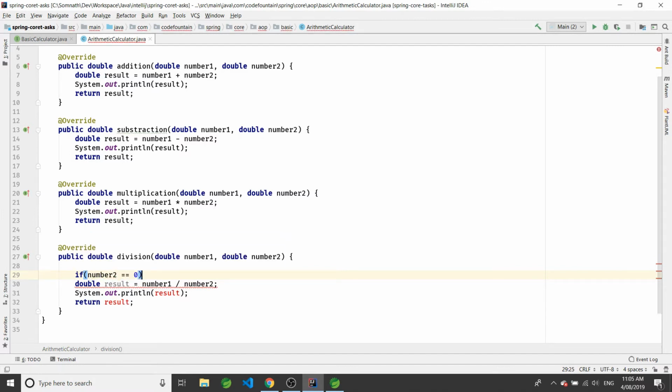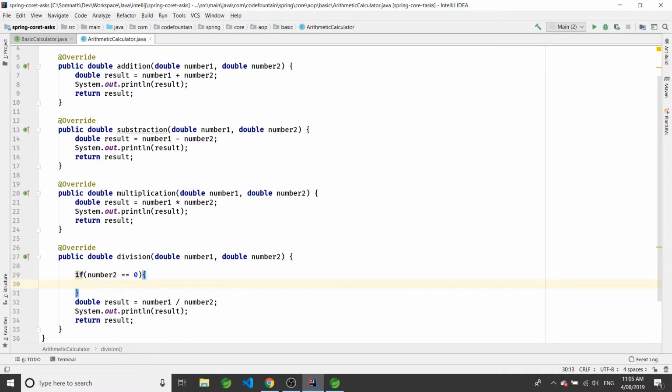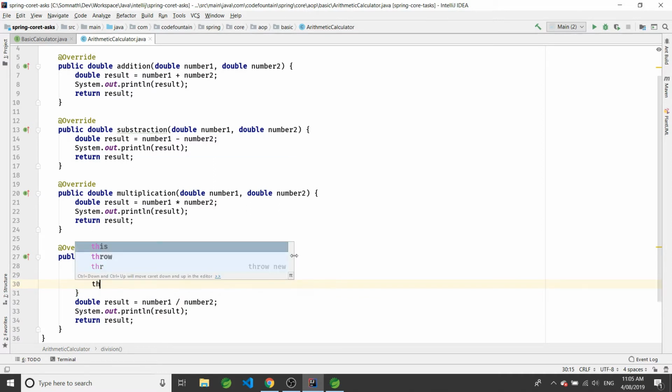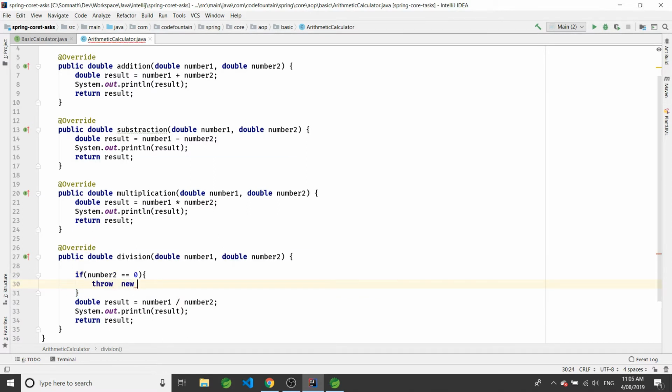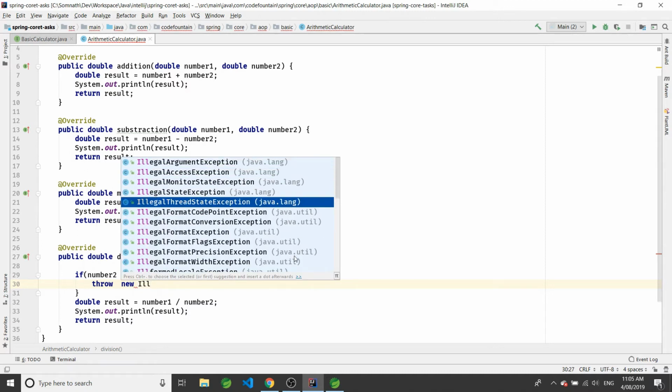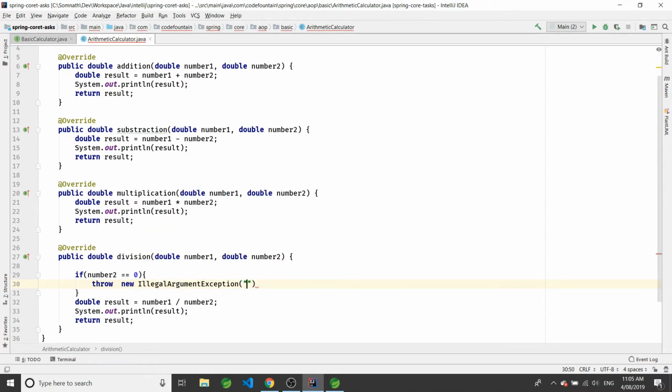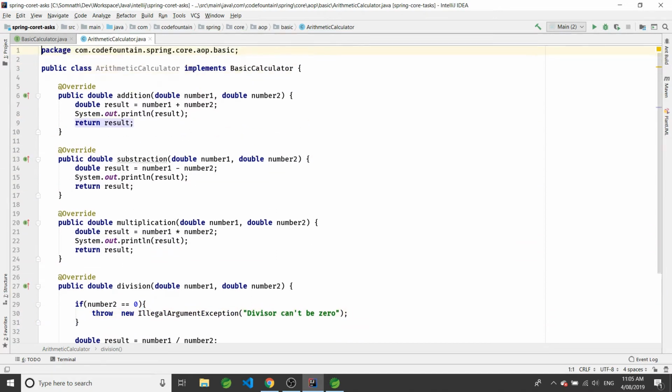So if number2 equals 0, we will be throwing a new IllegalArgumentException, and in that we are going to write "divisor can't be 0". Okay. So we are done with the implementation of our ArithmeticCalculator class.